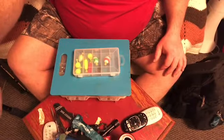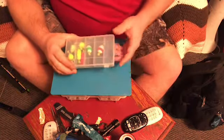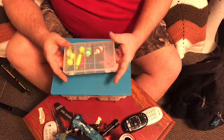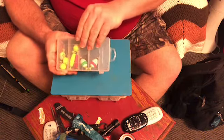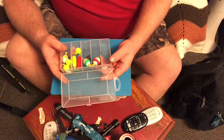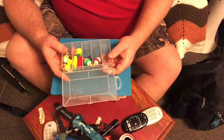I'll show you my pretty white legs here. Well, first off, I've got this little tackle box, this little tray, whatever you want to call it, tackle box slash tray. This is for my bait fish. Usually here in Indiana, I use live shad, or live bluegill, I'm sorry. Live bluegill, skipjack,